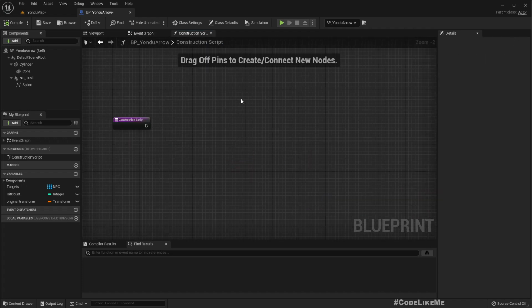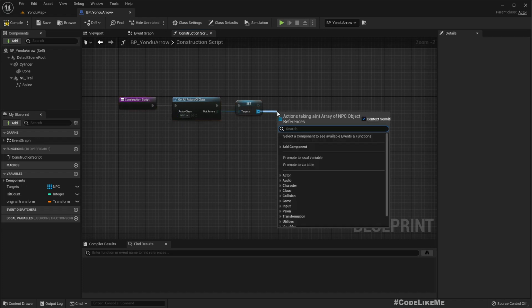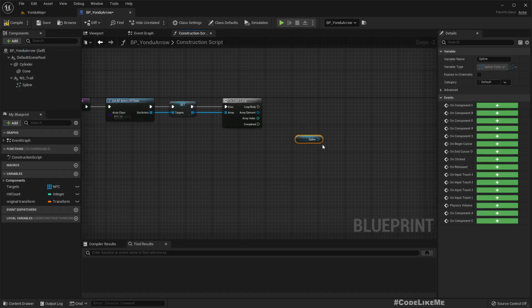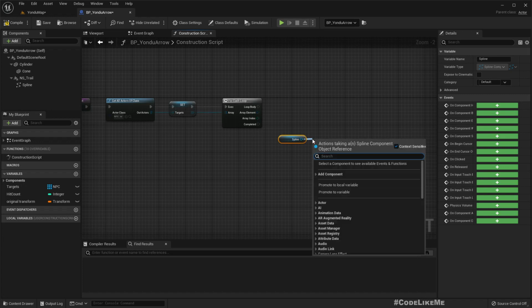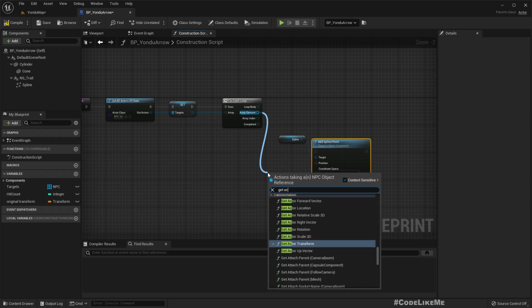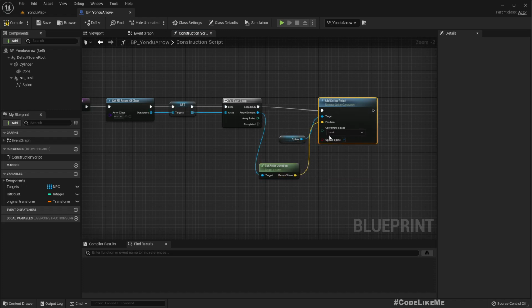Let me just copy this here and let's run a for each loop, and on this spline let's add spline point with the world location of these actors. They should be added in world space. Now if I compile,